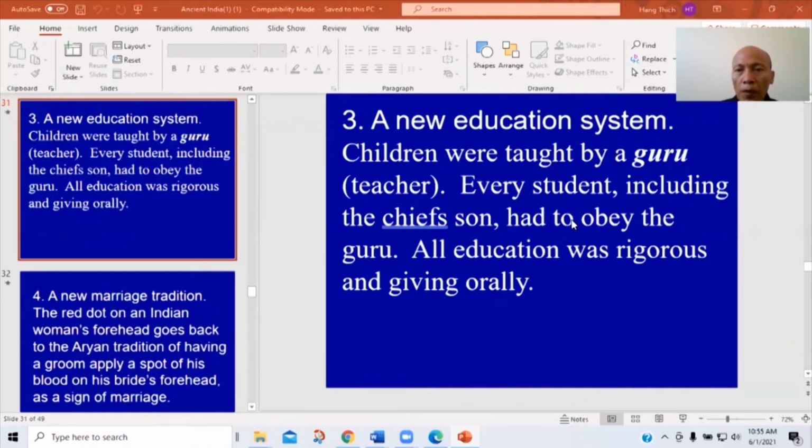So they have a new education system. Basically a guru teaches the children. Every student, including the chieftain, has to follow the guru or the teachers. So our education system is based on verbal or oral teaching. So they are really religious,